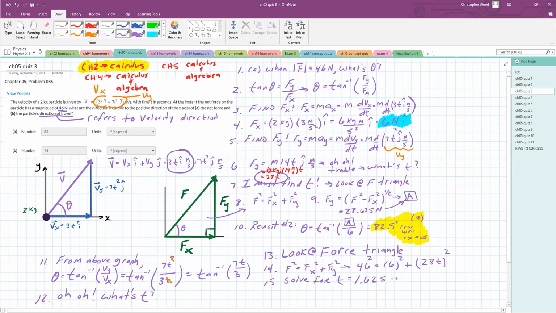1.62 seconds and some change. I'm going to store that in calculator memory location A, so then I can be done. I'm going to revisit